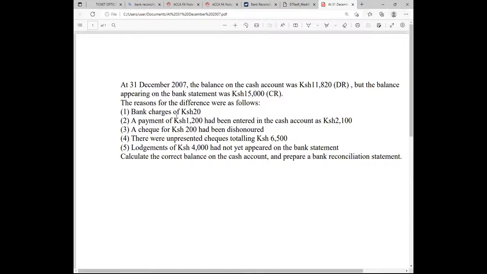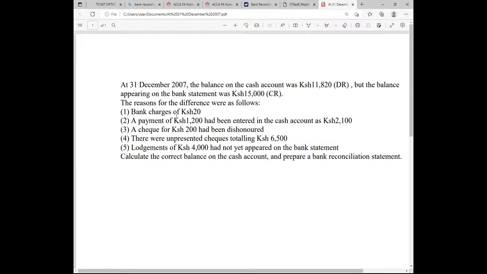A payment of Kenya shillings 1,200 had been entered in the cash book as 2,100. So the cash book has an error, and you must correct the cash book there. A check for Kenya shillings 200 had been dishonored. Number four, there were unpresented checks totaling 6,500, and then number five, lodgements of 4,000 had not yet appeared on